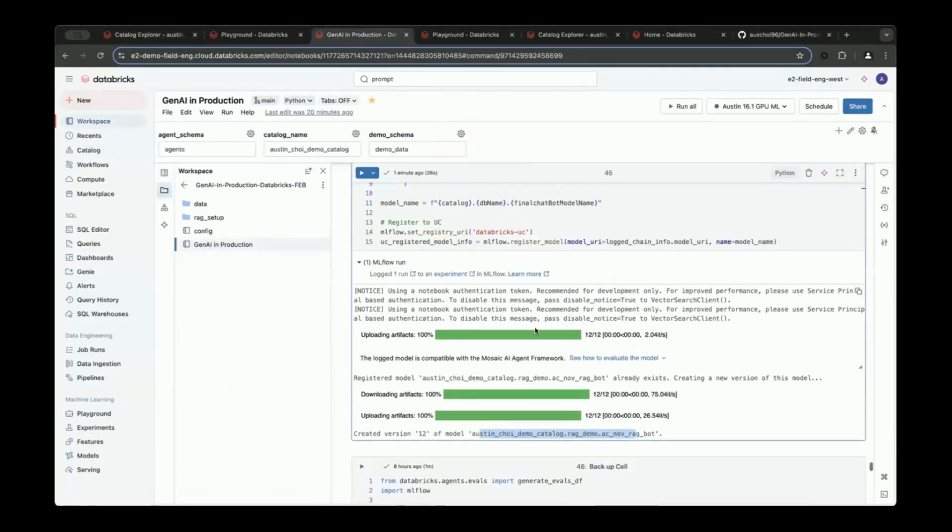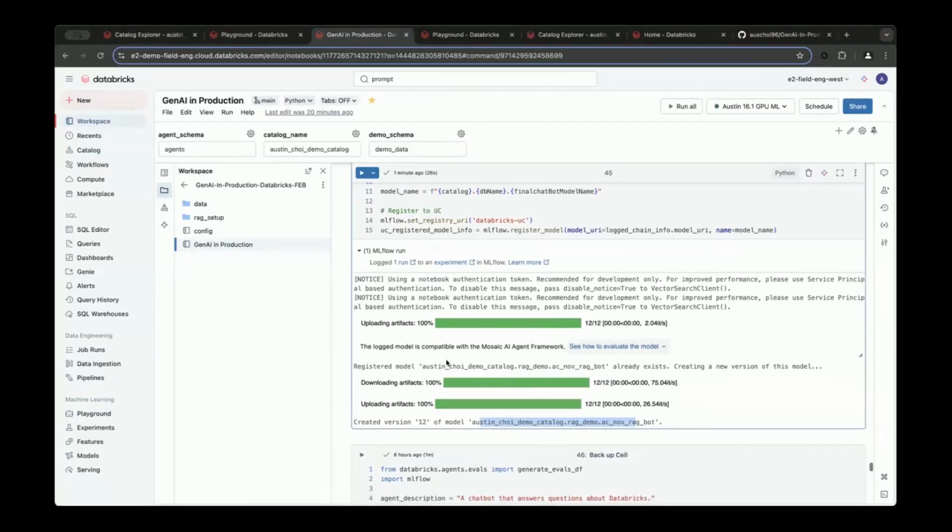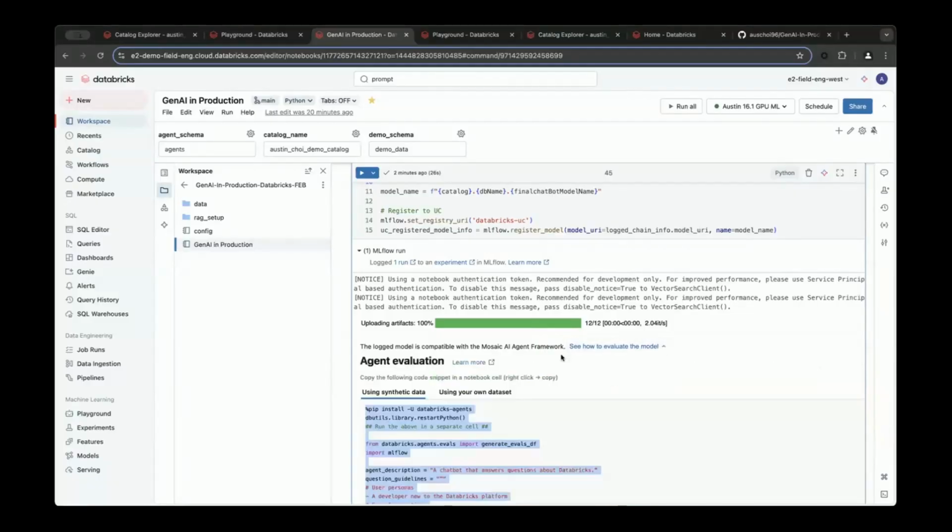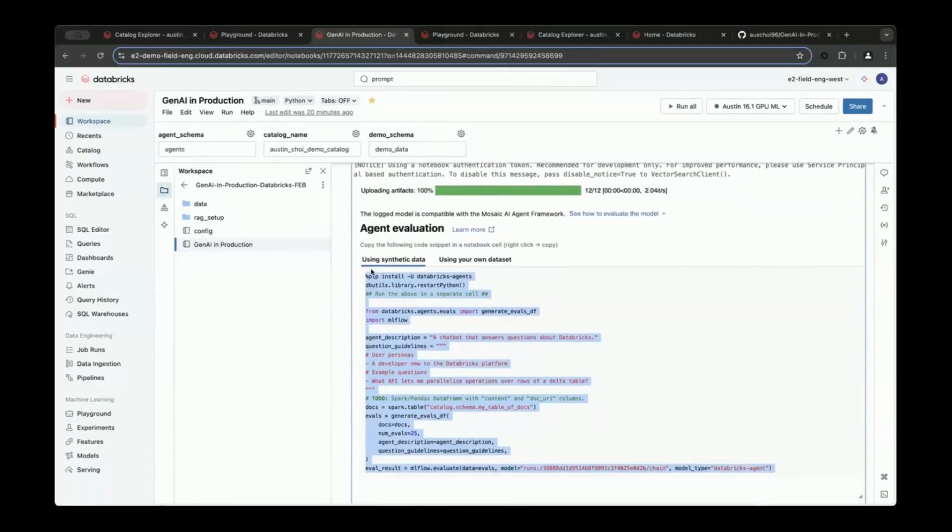There is one more thing that does appear, and this is thanks to the great work of our engineers. You'll notice that there's one line here that says the logged model is compatible with the Mosaic AI agent framework. What does that mean? We recently came out with a feature called synthetic data evaluation. If you don't have enough of your own data to evaluate your RAG application, we generate some code for you that you can copy and paste into the next cell and generate some synthetic data to do that